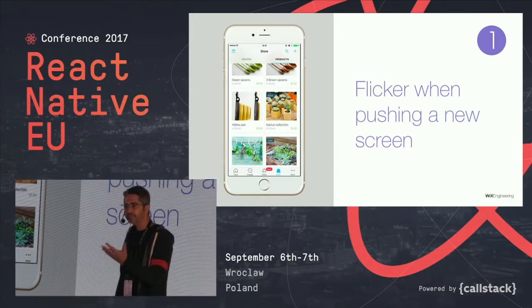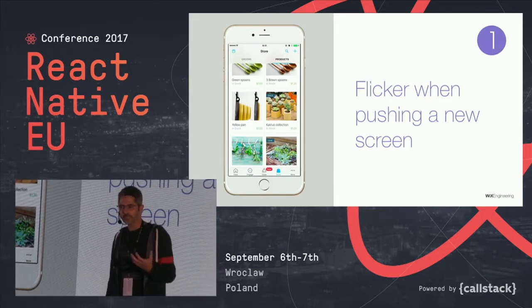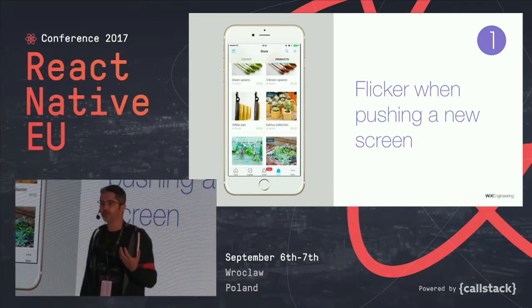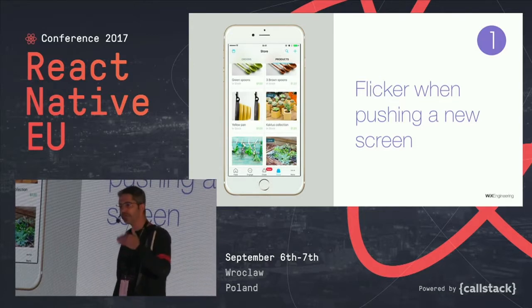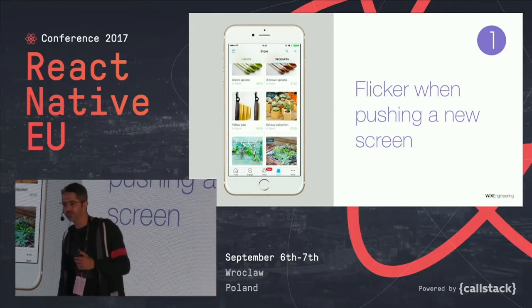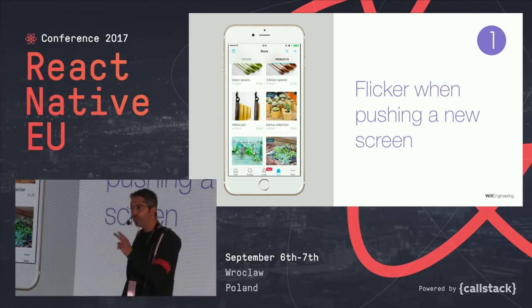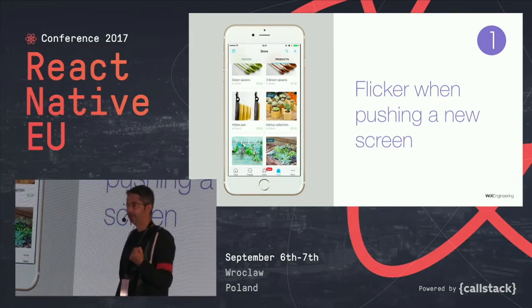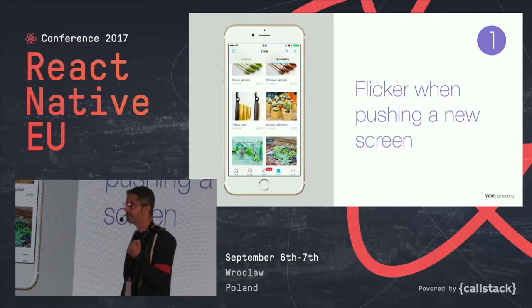And what I ask my product managing team in Wix, in charge of the app, is to make a list of all the things that they're not happy with in our app. And I always go over this list and I see which ones are easy and which ones are difficult. And there are two small issues that I want to talk about today that are seemingly very, very minor, but they represent something much, much bigger.